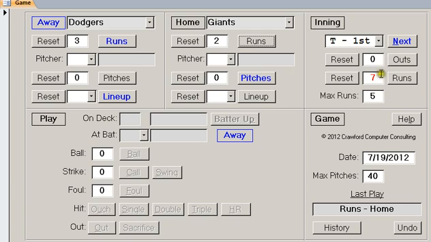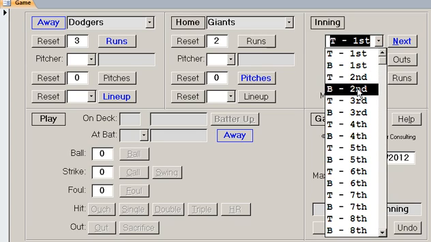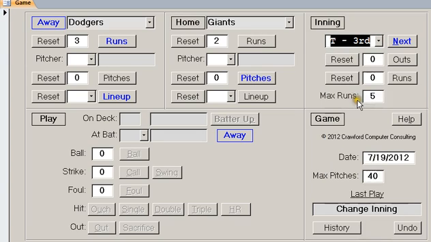I'm going to reset the runs counters for the inning. Let's say we came in the top of the third inning. So we'll start with that. And let's say that we know that the away team, the Dodgers, which is in blue, have already gotten 2 of those runs this inning. So we'll just increment our run counter for the inning to that point. And that's under the maximum of 5, so we're still in play on this inning. Okay, at this point,